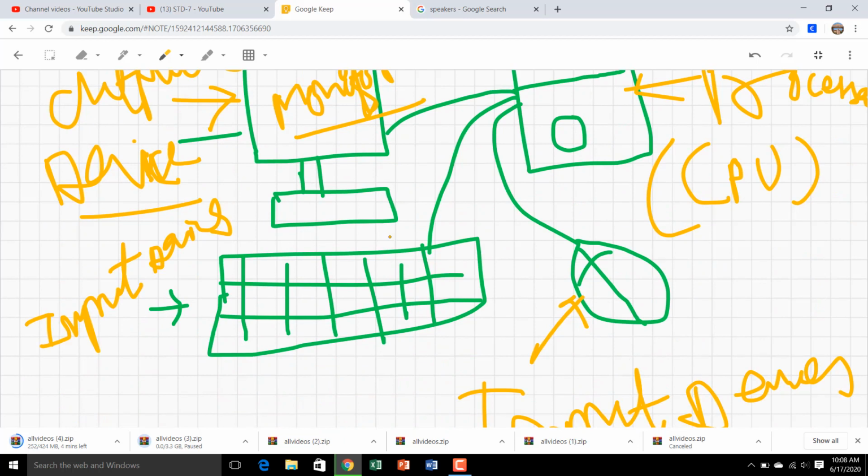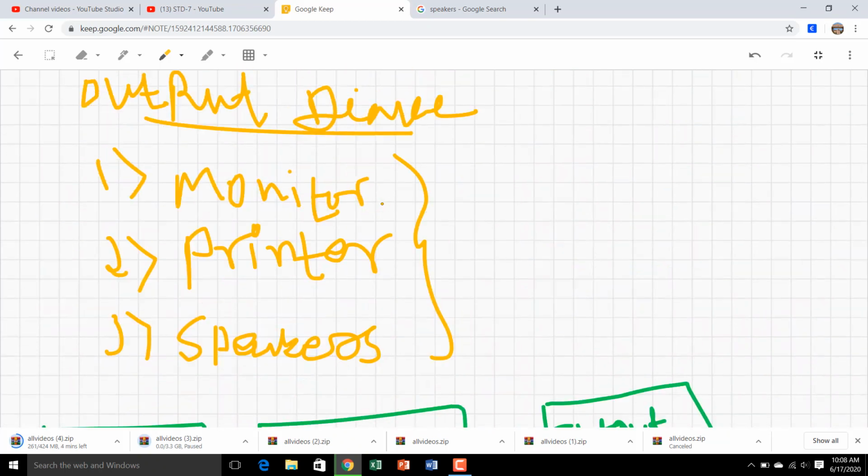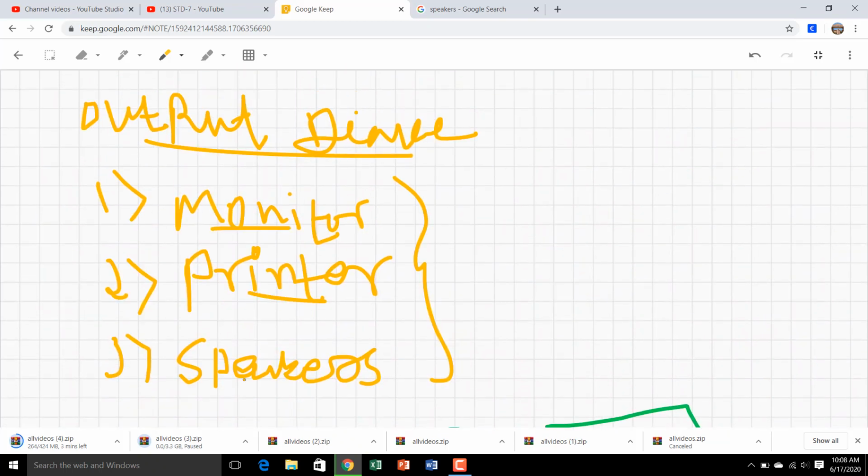So understand this basic concept. Keyboard, mouse, joystick, and web camera are all input devices, and the output devices are the monitor, printer, and speaker. So our first chapter is finished.